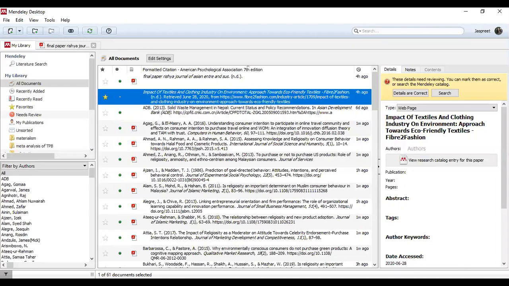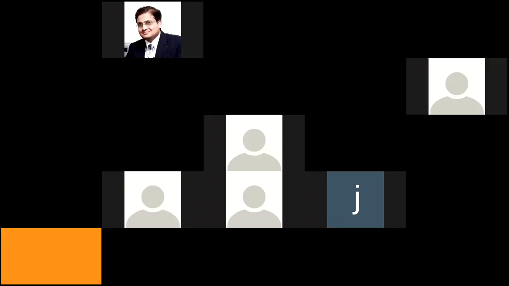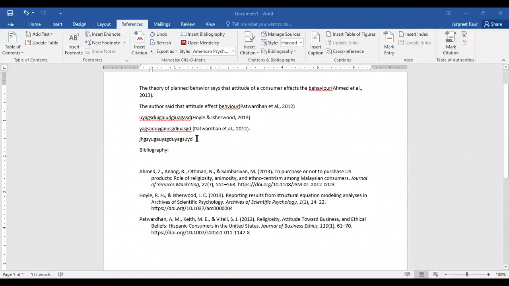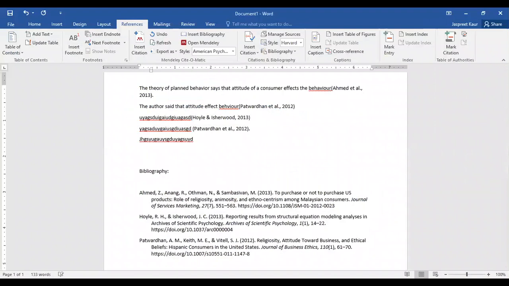Let me see if I can do an in-text citation for this. Okay, so I will go to my Word document. I write something, something, insert citation, and there was some website article on textile, I remember.